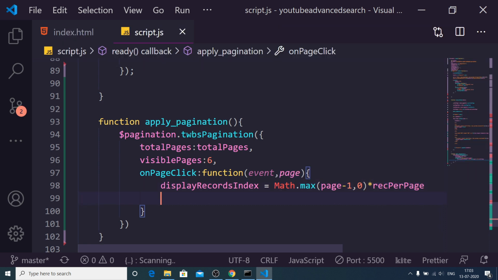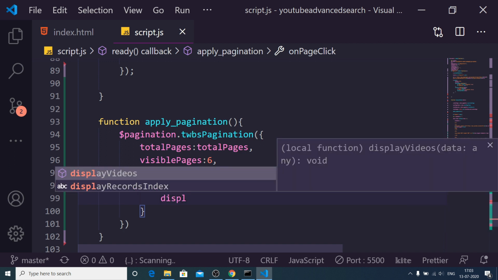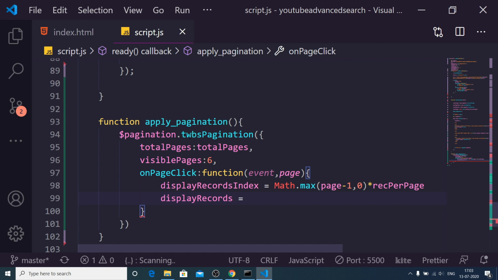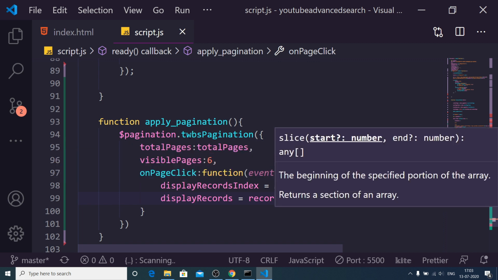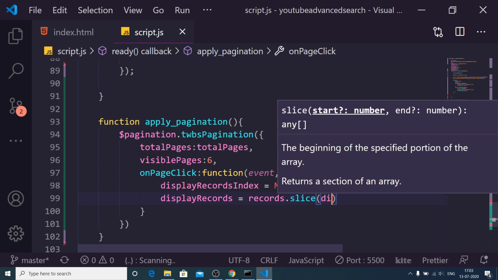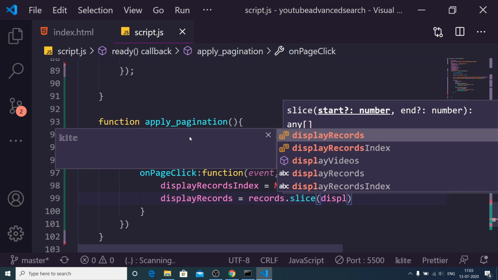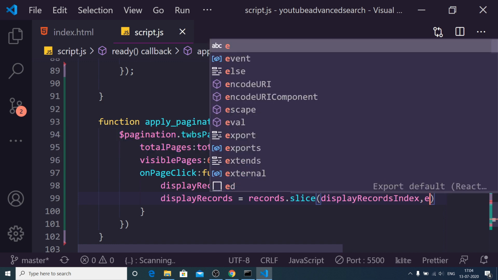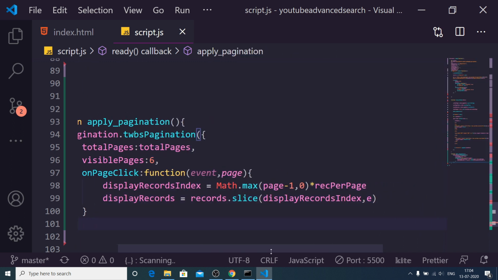After calculating this, we also need to make one other variable, which is display records. This will be equal to, we will use the slice method of JavaScript to slice the section of the array. Inside this we will pass the first argument as the display records index, and the second one as, I think we have to calculate the end index also.